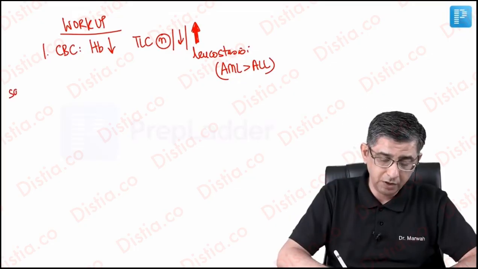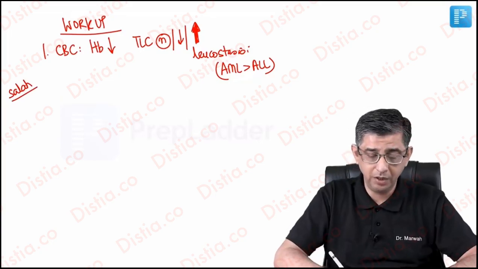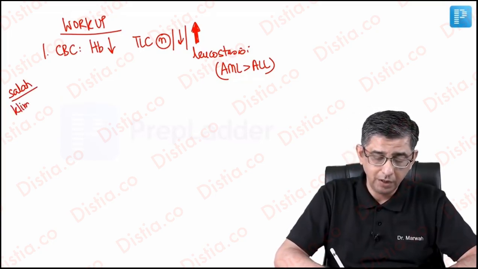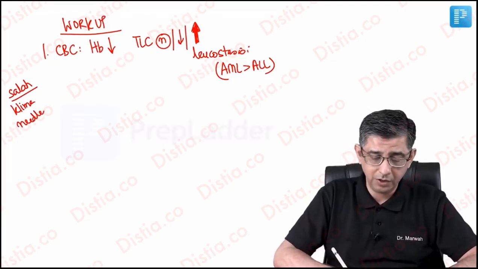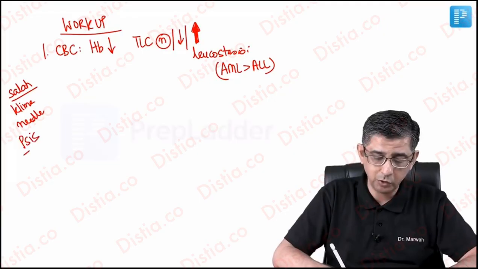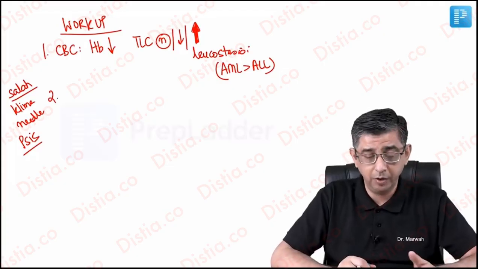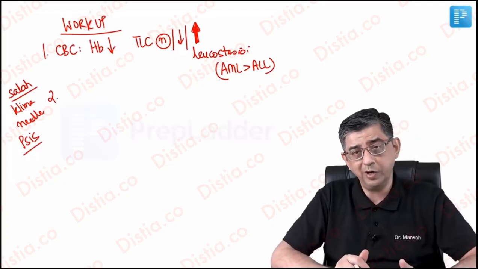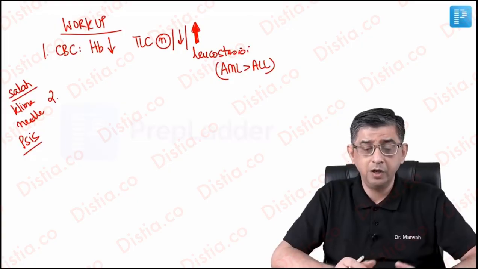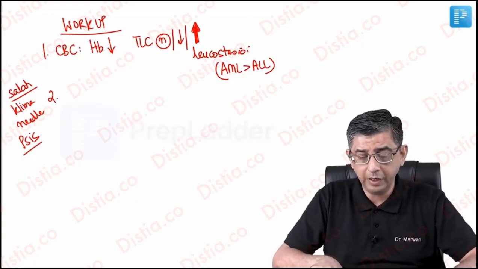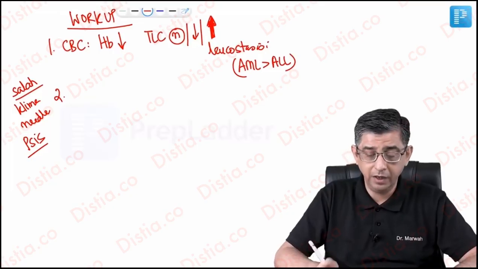Then there are two needles available, and the images of these have already been shown earlier. That could be Salah's needle, or we could use a Klima's needle for performing a bone marrow aspiration. The site I will be using will be the posterior superior iliac spine. I can give local anesthesia. I can give propofol or ketamine to the patient. Propofol would be recommended. If it's not available, then obviously ketamine can be given, and I will be doing a